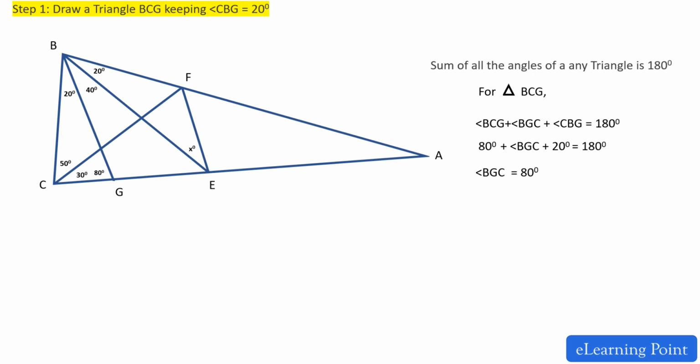So you can see angle BCG equals 50 plus 30, that is 80 degrees, and angle BGC equals 80 degrees. So BCG is an isosceles triangle. If these two angles are the same, then the sides opposite to those angles must be the same. This is the isosceles triangle test. So BC equals BG. Angle BGE, if you see here in the diagram, equals 180 degrees minus 80 degrees, equal to 100 degrees. So this was the third test.